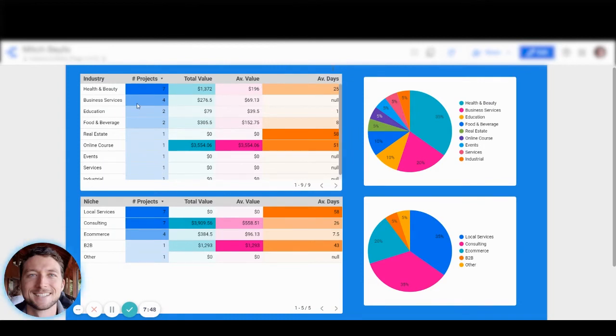They're a B2B business, a consulting firm, and they work with different niches and different industries. They wanted to know, when we're doing marketing, where should we focus our efforts? Where are we getting the most value from our marketing? Now, these stats here for the total value, they've only just started tracking this,